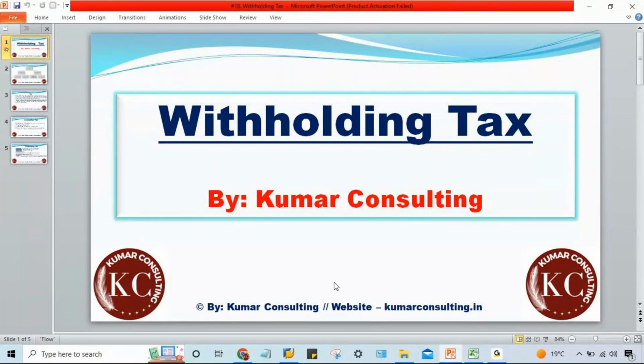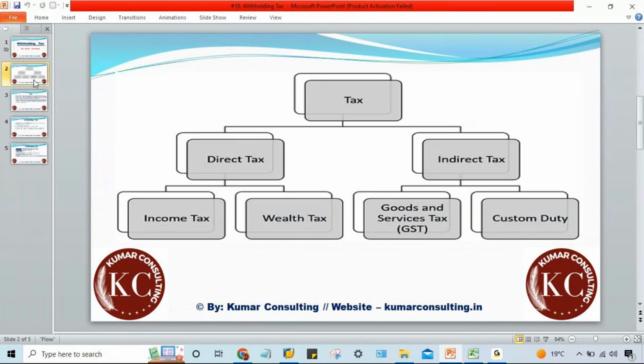Now, if we talk about taxes at a broader level, they are segregated into two parts, that is called direct tax and indirect tax. Direct tax means the tax burden is directly shifted onto you, in the sense it is paid by you only. Indirect taxes are also paid by the end consumer, but in indirect form. Let's suppose it is added in the product cost itself.